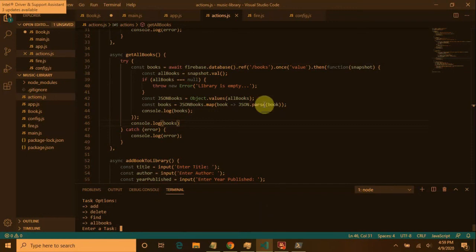So maybe we don't want to throw an error. Well, we do, because we want to get down to this error. If it's empty, maybe we just say return. Yeah, return. If all books is null, return null. Yeah. 2 books, right? And then